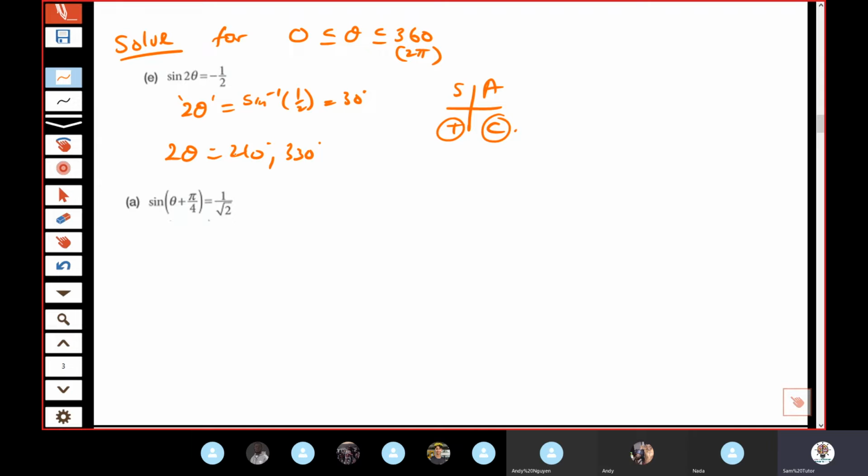But what did I say? You've got to add 360s if you can, especially with 2 theta, because 2 theta means 2 revolutions. So add 360 or subtract. Subtract, we don't need to because it's from 0 to 360. You don't need to do more because it'll be a bit too much. The answers are